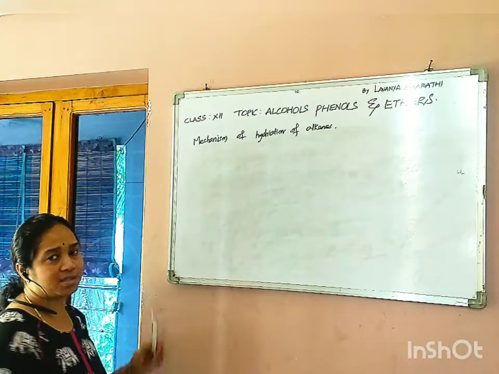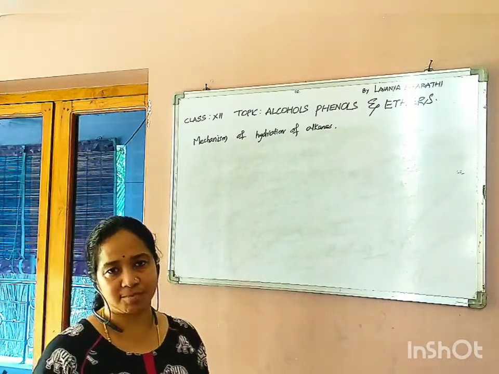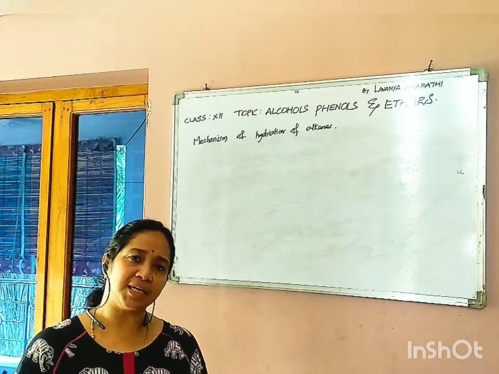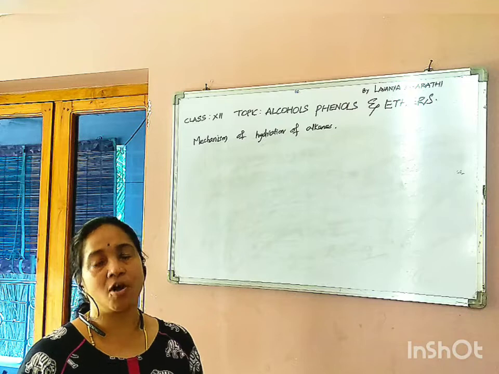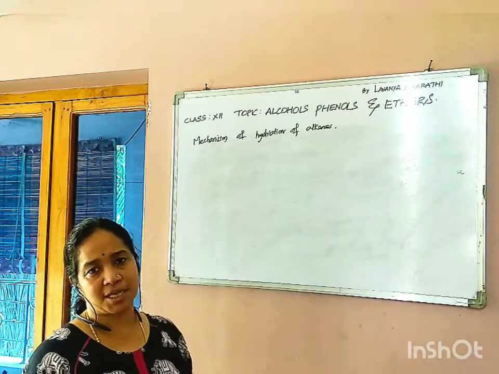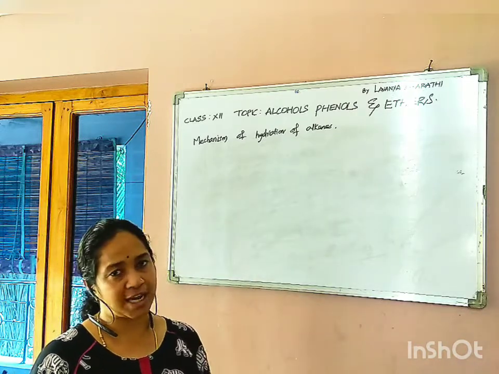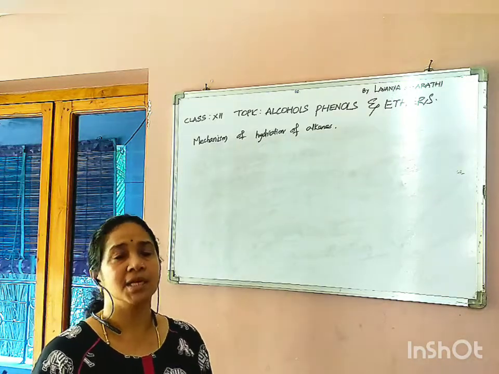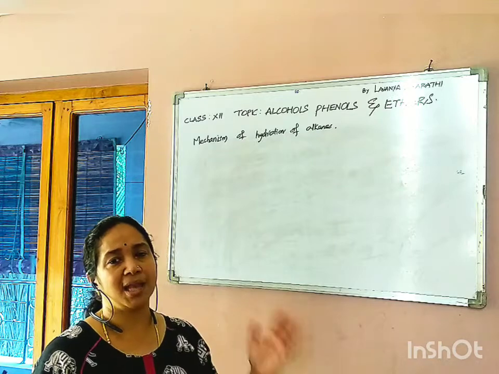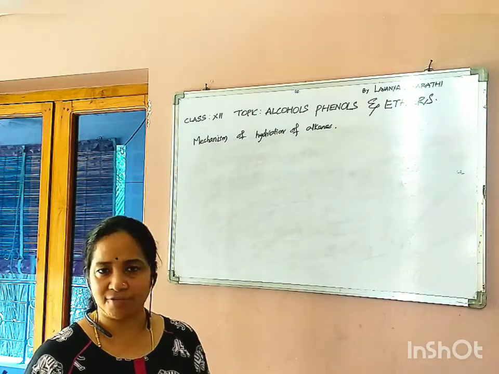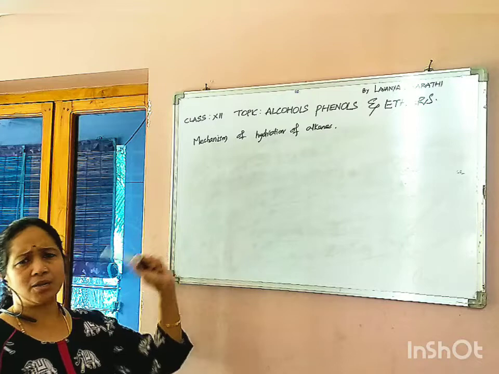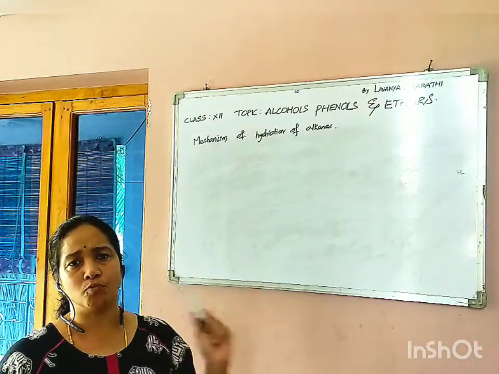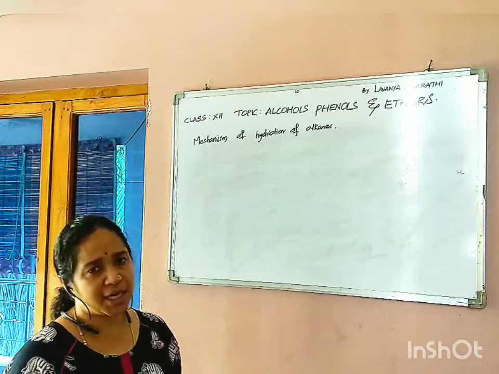This mechanism involves mainly four steps. The first step is the formation of hydronium ion. The second step is the formation of carbocation. The third step is the carbocation coming in contact with the nucleophile water, forming the protonated alcohol, and the fourth step is deprotonation of the alcohol. Here you will go with the NCERT, and I'll inform you what to read and which part to look into in the textbook.